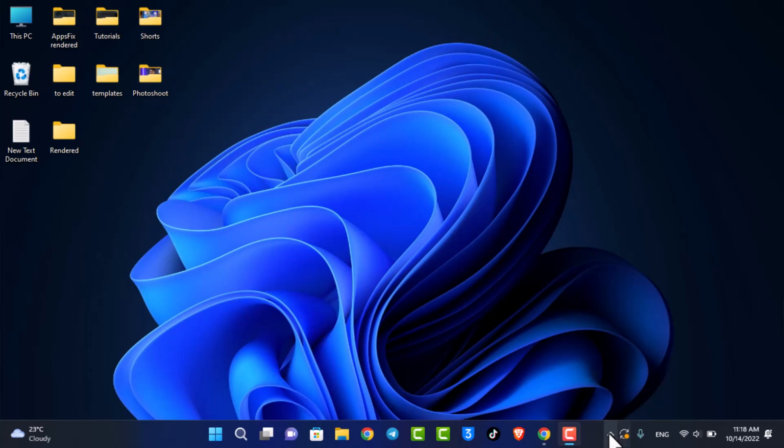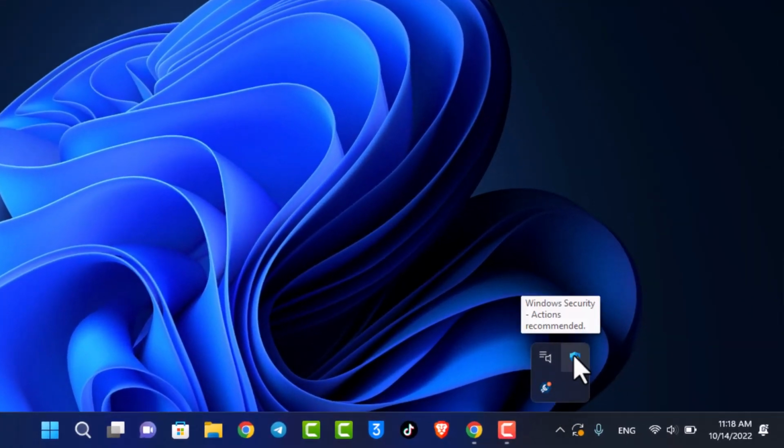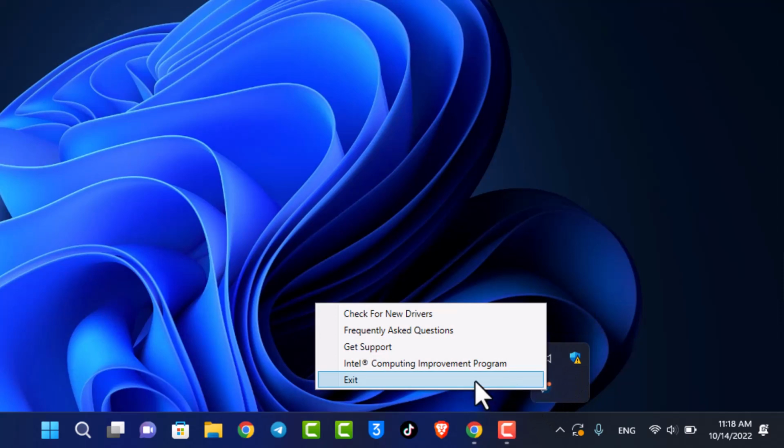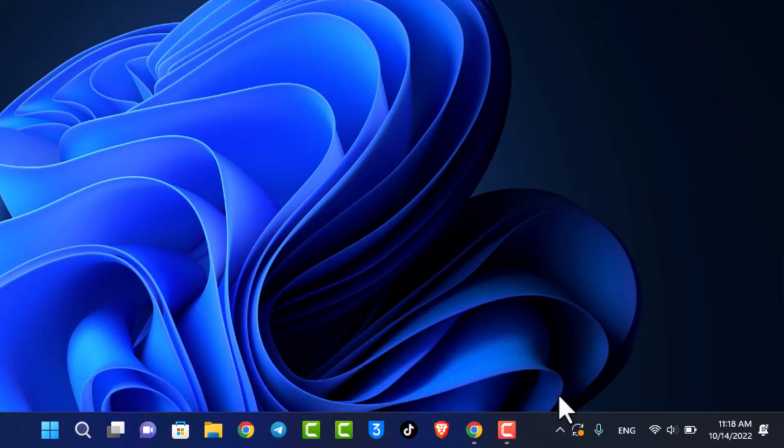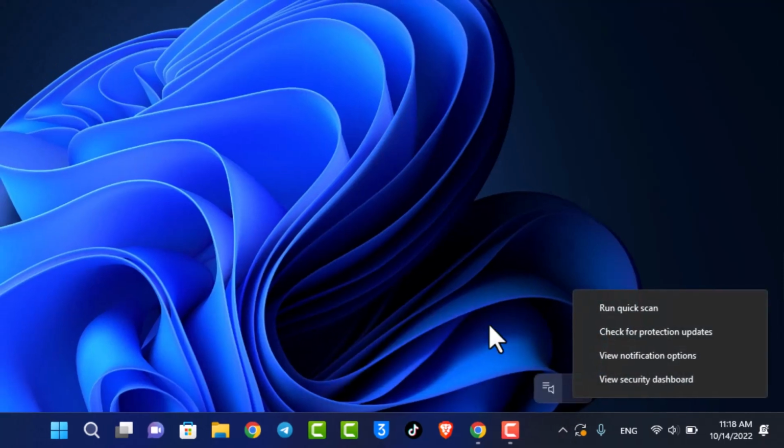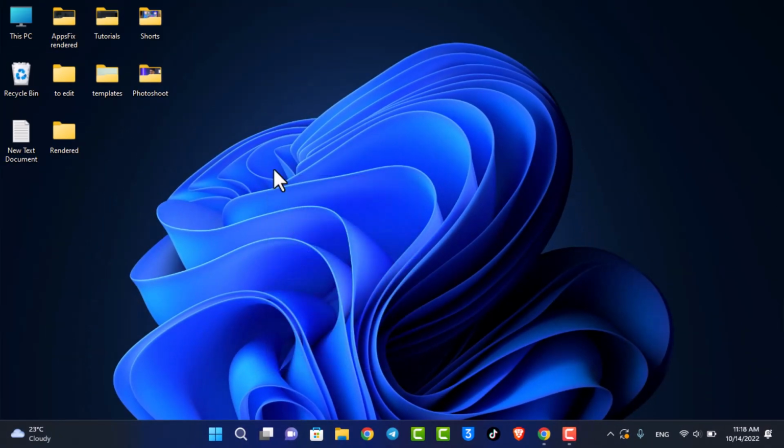If not, what I would recommend you to do is check if you have any background apps enabled. When background apps are enabled, they're going to consume lots of battery. So just make sure that you exit them one after another, and hopefully that would fix the issue. If not, then the other thing I would recommend is to clear the